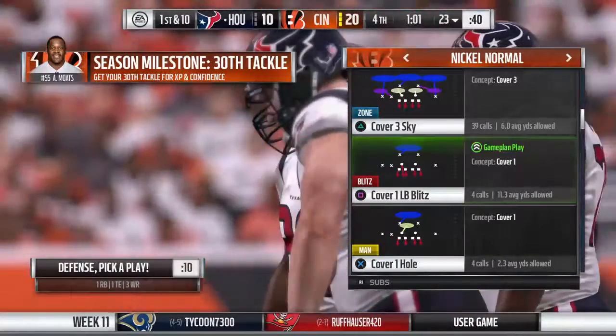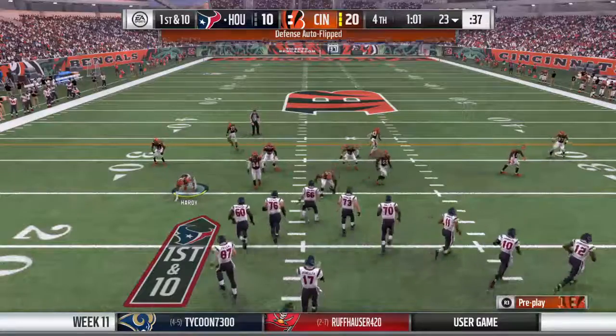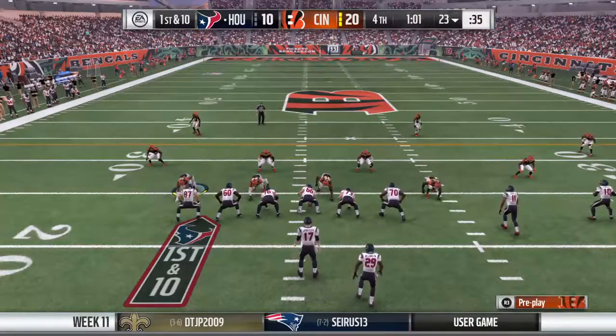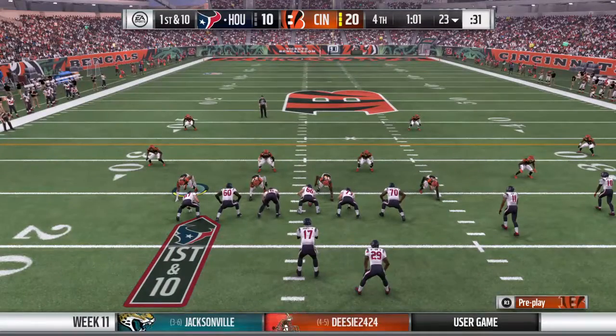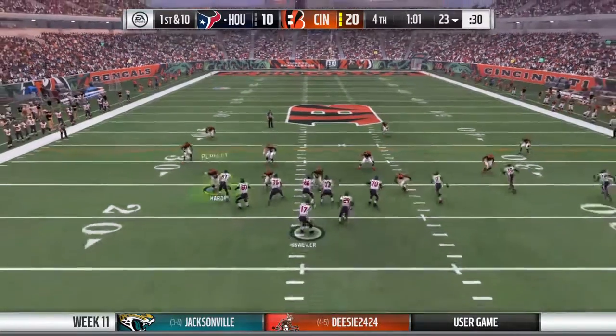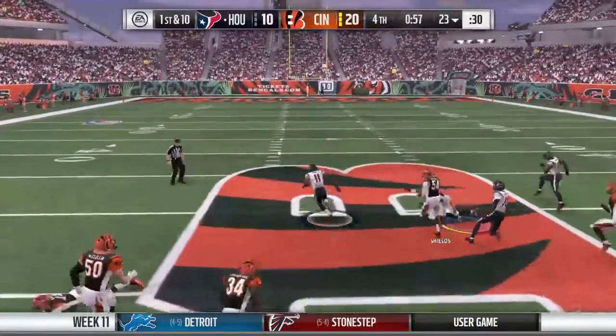Got off to that torrid hot start. We thought he was in for maybe a career day. Not the case. No doubt about it. It almost looks like a misprint after what we saw in the first half. But let's give a little bit of credit to the guys on the other side of the ball. They went in at halftime, made a few adjustments, and you know what else? They didn't lose their confidence in how...